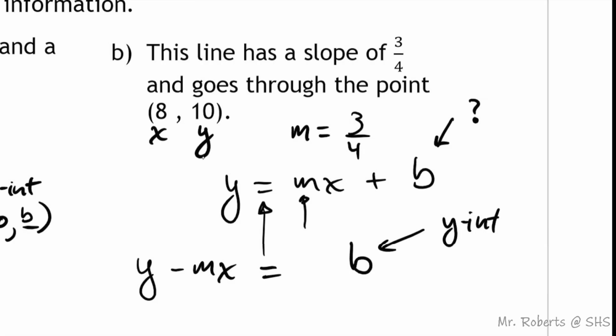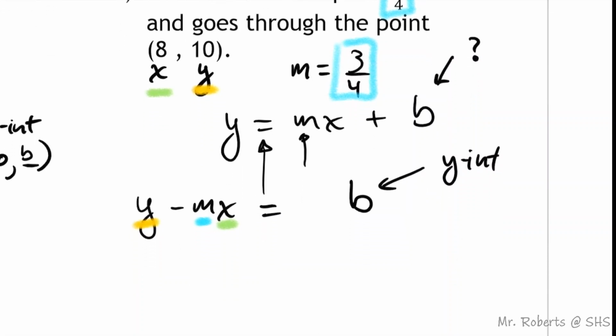Well, it just so happens that I know a y value, right? I know a y value. And it also happens that I know an x value. I know an x value. And we were told quite generously what the slope is, right? We were told the slope is 3/4, so I know the slope. So to calculate my y-intercept b, I'm just going to plug what I know into this. I'm going to say 10 minus my slope of 3/4, right? So it's always subtraction, y minus mx. So 10 minus 3/4 times